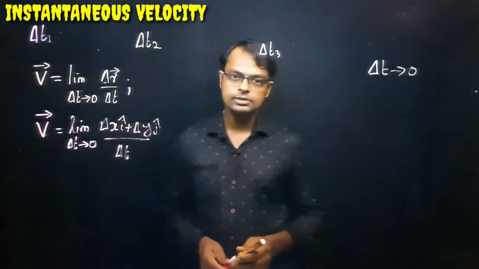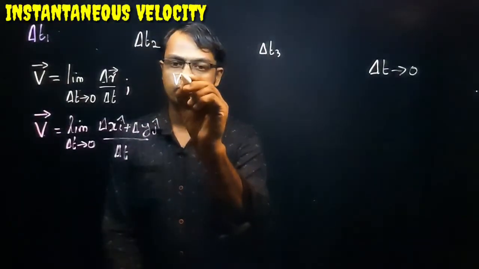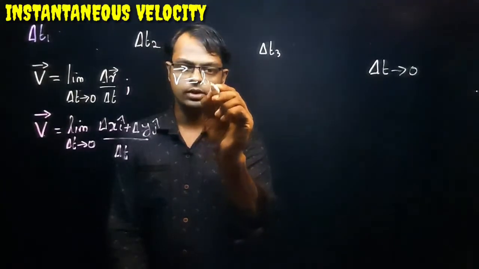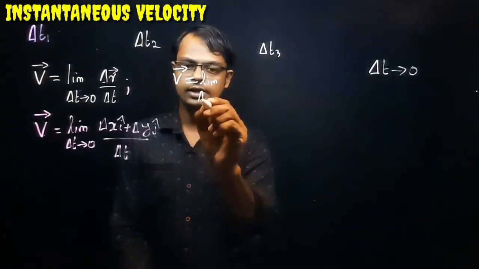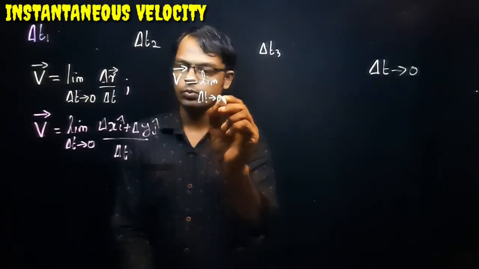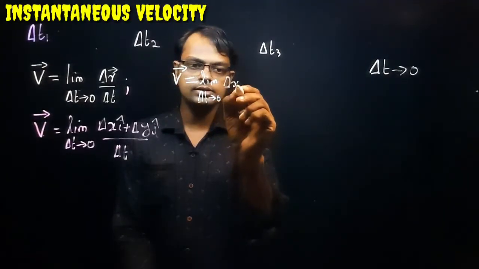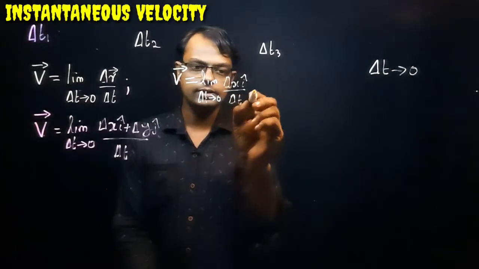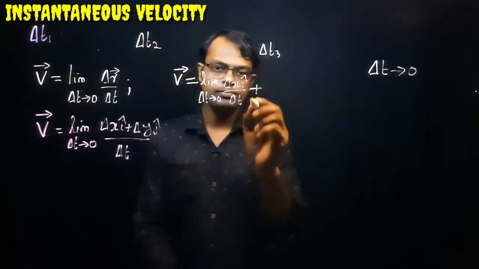Can we write it like this? Therefore, the instantaneous velocity is equal to limit delta T tends to 0 of delta x i cap divided by delta T, plus